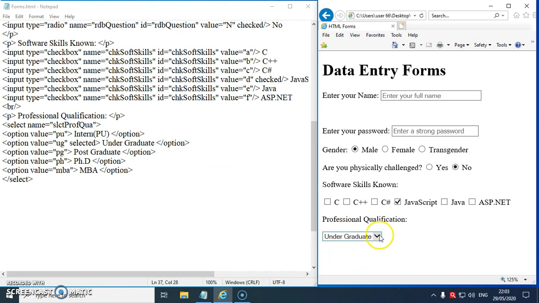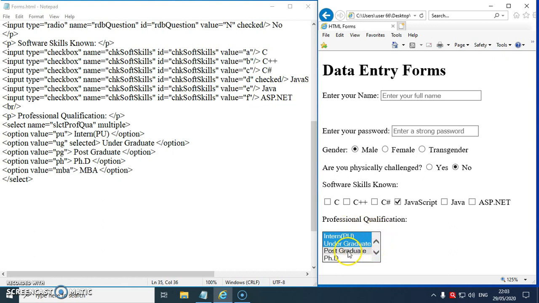Now, this selection box is displayed as a drop down box. We need to convert it into a list box. So, to convert this drop down box to a list box, we just need a single attribute inside the select tag called multiple. Simply write the multiple attribute inside the select tag, save and refresh. You can see the selection list or the drop down box is now converted to a list box. And you can see list of items, you can scroll up and down, right? And an advantage here is at a time you can select more than one from this list box.